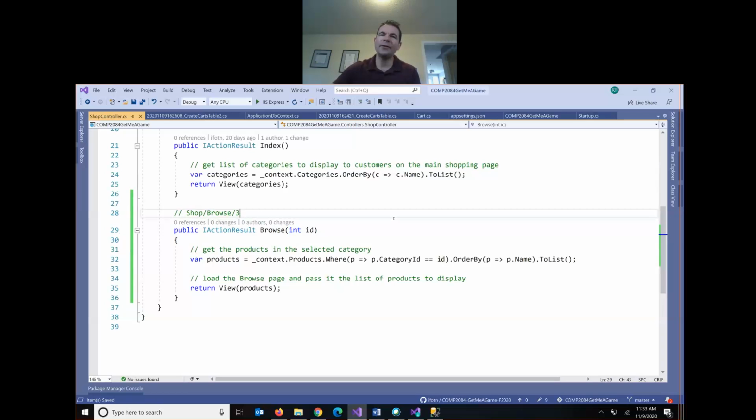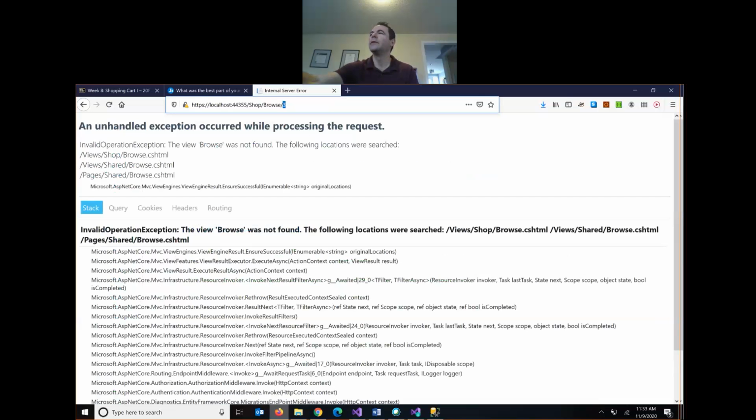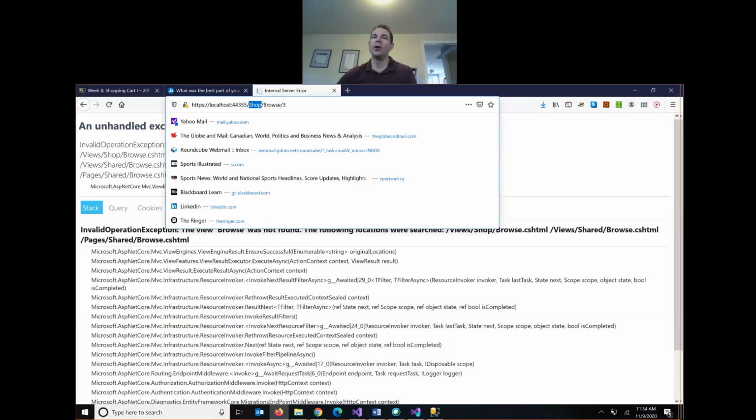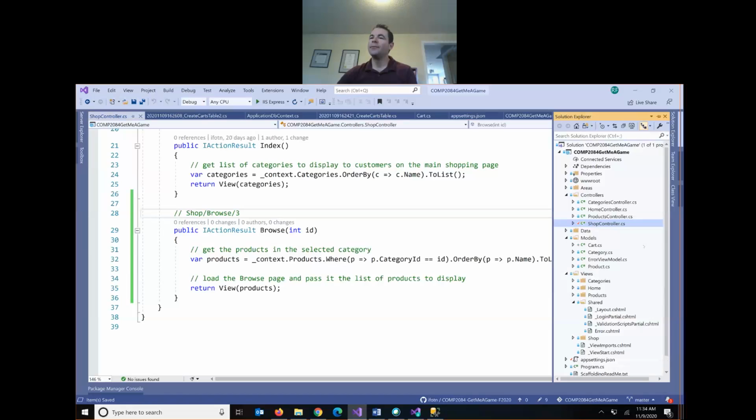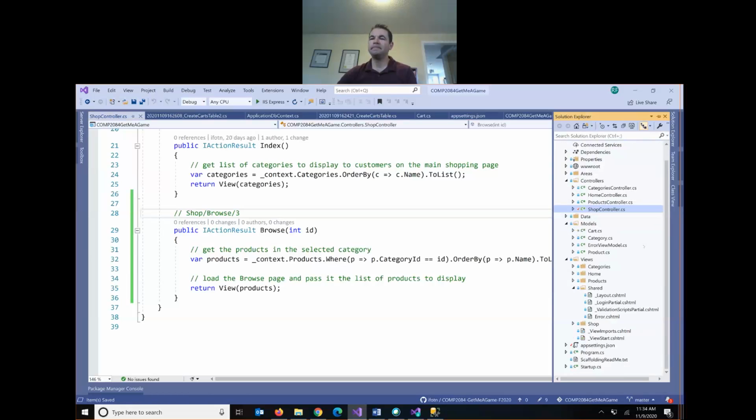So what's our next step now? Our method's pretty much working. What should we do next? Taking a look at what we get in our browser with this method. Yep, you got it, Liam. We want to build the view. Inside of views and shop, we want to build the view called browse. And we don't have to build this from scratch. We can use, well,